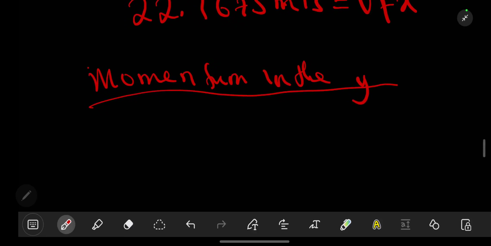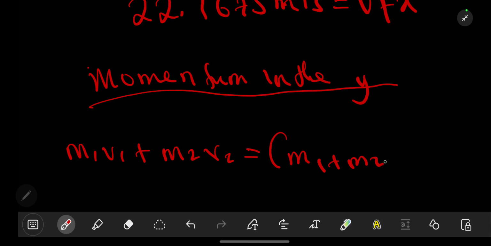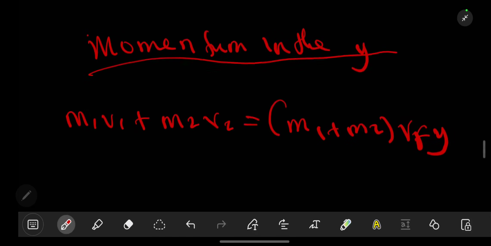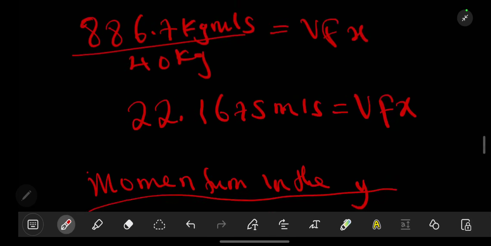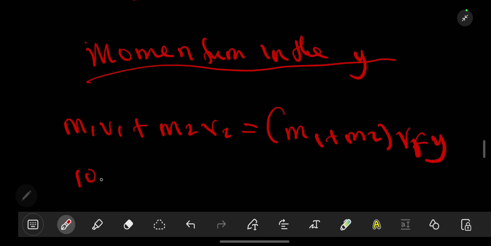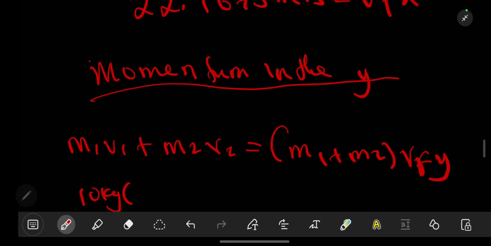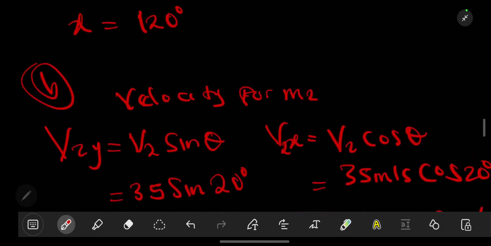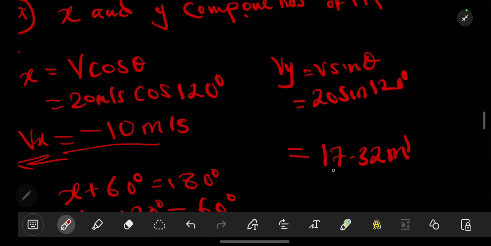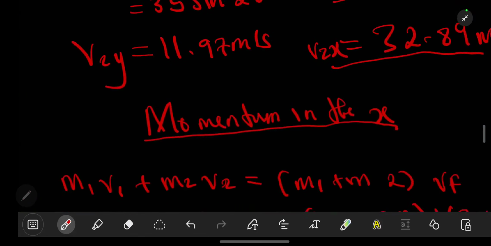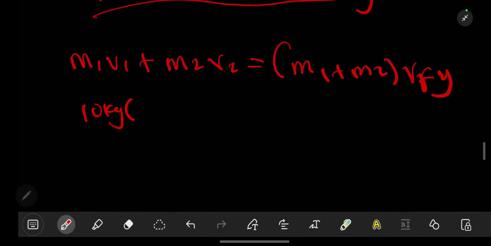This momentum in the y will be equal to, same approach, M1 V1 plus M2 V2 should be equal to, they form one mass, V final in the y. So that's the V final in the y. So what is our M1? Our M1 is equal to 10 kg times, let me just put the brackets. What is the speed of mass number 1 in the y? It is 17.32. So we are going to say 17.32